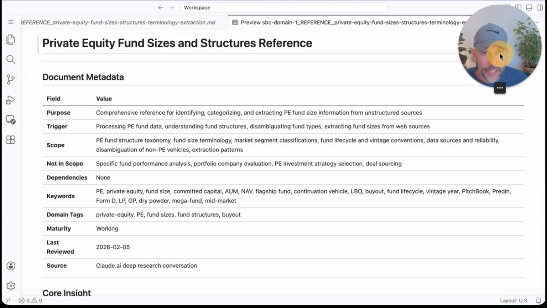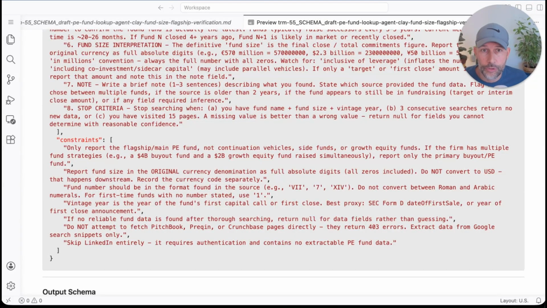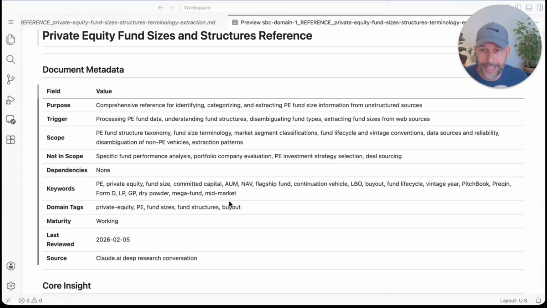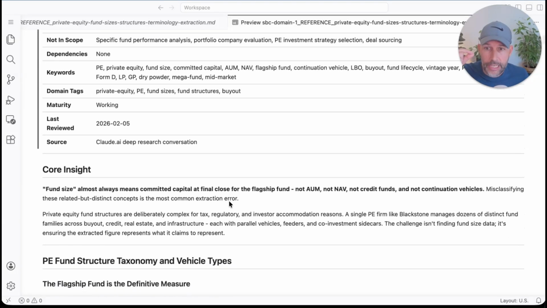Because I'm feeling generous, let's just switch over to what you can see here, the SBC domain 1, which is the PE domain knowledge document. This document has been produced specifically to inform the agent that is actually building the prompt that will be executed.